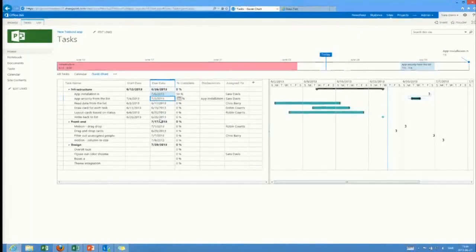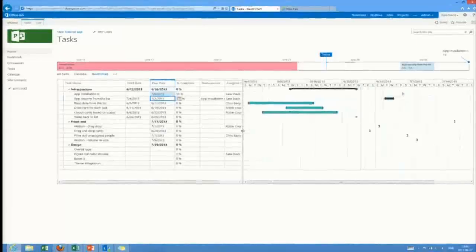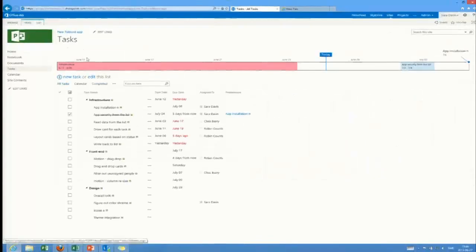This is because the SharePoint list, or I should say SharePoint Server, doesn't have any scheduling engine. It's not a smart list. It doesn't have smart predecessors. So in order to fix this, we're going to go up again to the list up here,